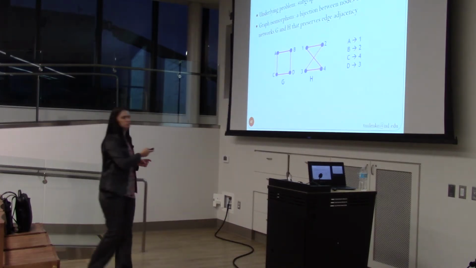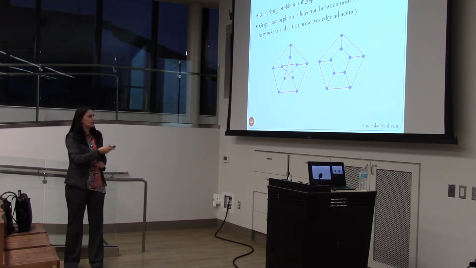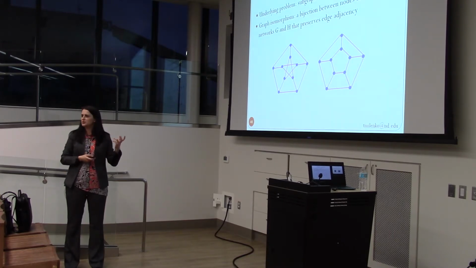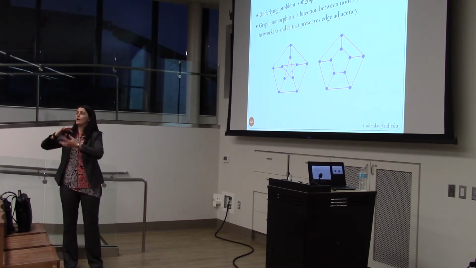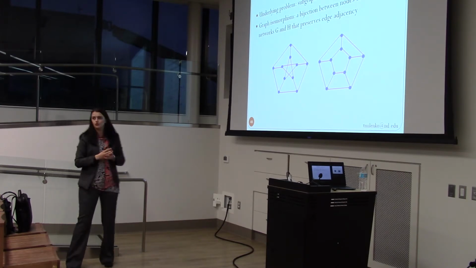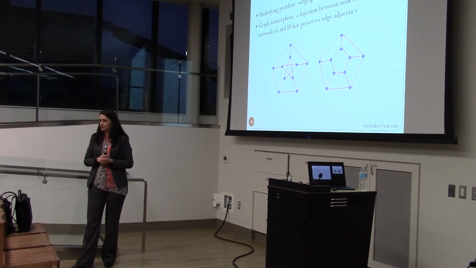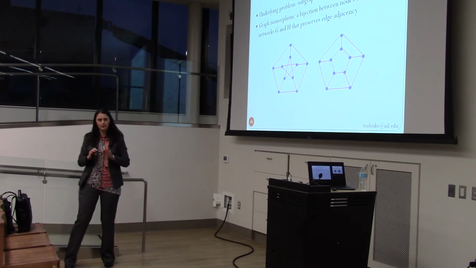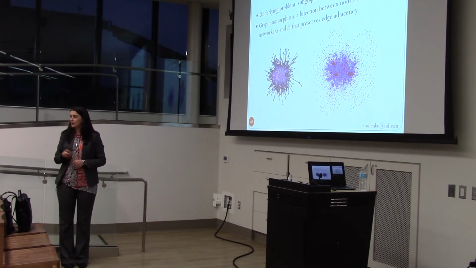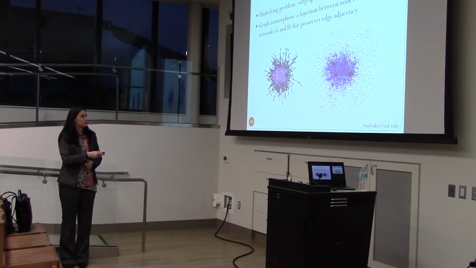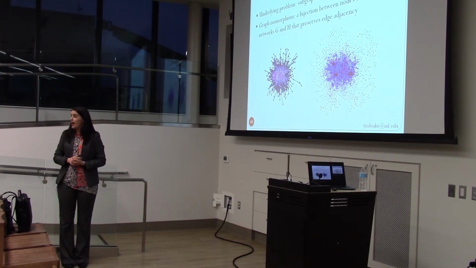4 nodes, seconds. 10 nodes, well, it's 25% bigger, so it should take me only 25% more time. I can give you 5 minutes without pen and paper, looking through every possible mapping and determining that no such mapping exists that conserves all edges. That's the only way to prove these are not isomorphic. Well, there are other ways. But bottom line is, I give you this, it will take you trillions of years. And these are networks with approximately 1,000 nodes. I give computers networks with millions of nodes.